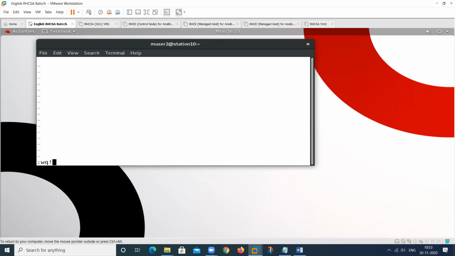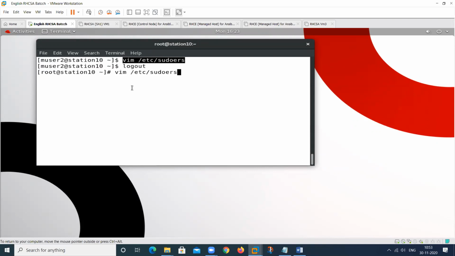But this will show me a message that permission is denied, because at this time we are logged in through this particular user. So this user has no rights. It has rights also, but if we add the sudo command in front of Vim, it can perform this. But I will perform it as the root user only. This user can also perform this command, because this is also a super administrative access.